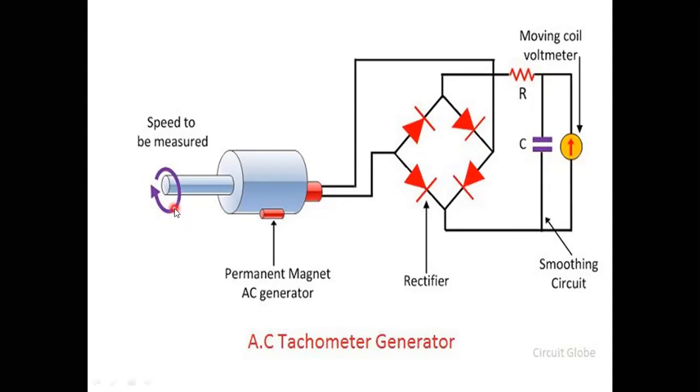The amount of DC is proportional to speed. The higher the DC here, the higher the speed. Generally, we use a 4 to 20 milliamp signal to measure speed for automation. 20 milliamps means the motor is rotating at rated speed. If the output I got is 4 milliamps, then the motor is not rotating; the speed is 0. If speed is 100%, I get 20 milliamps at the output of the circuit.